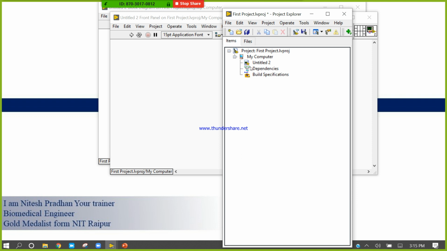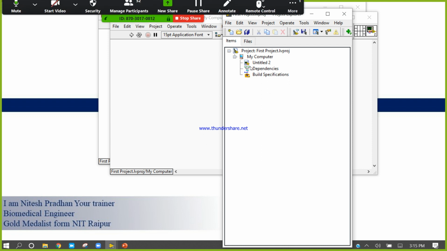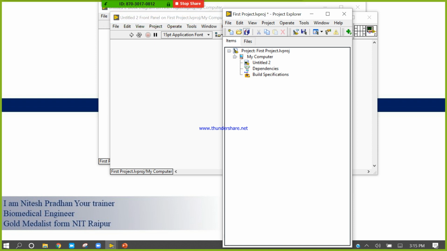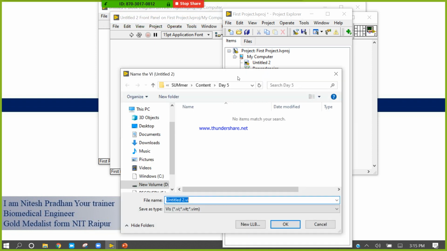Here one VI is developed. In the computer we are creating one VI, which stands for virtual instrument. Now save this VI. Again I'm going to press the save button.